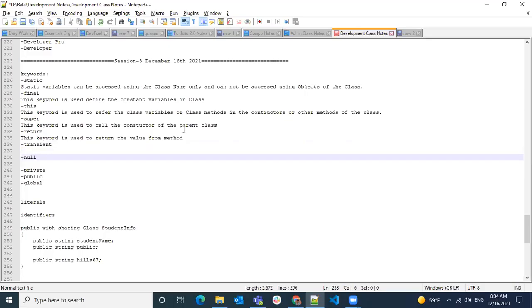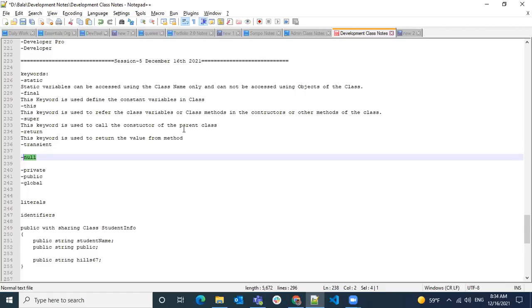Moving on to the next one, the null keyword. This is used to initialize a null value to any type of variable, any data type.